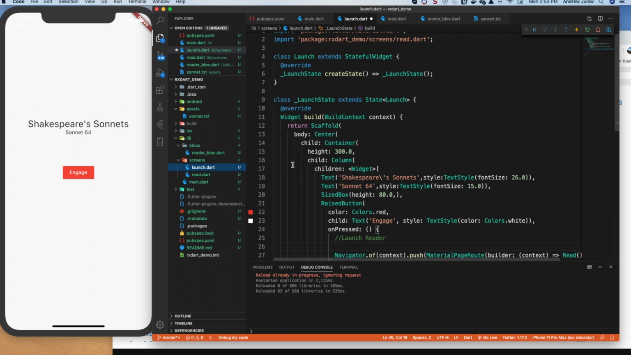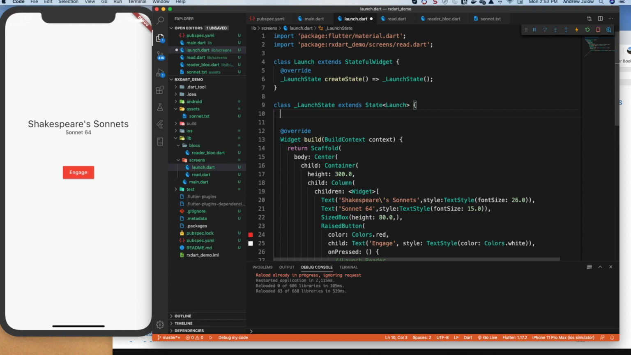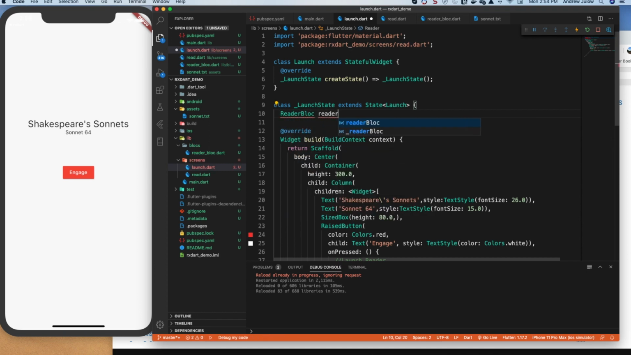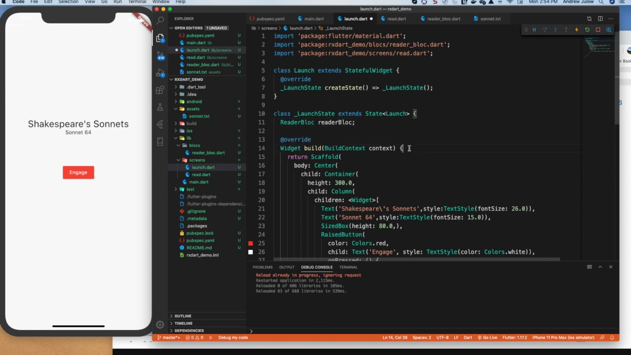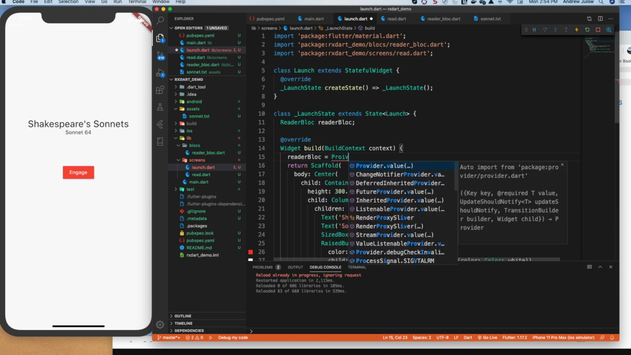Let's go back to launch and let's bring that in. As I mentioned, this is where we want to dispose of the streams. And so the way we can go about that is in our launch state, right at the top, we can declare our reader block without actually initializing it. So we'll set up that variable. We'll need to import that. And then here in our build, we can populate it. So our reader block is going to be equal to